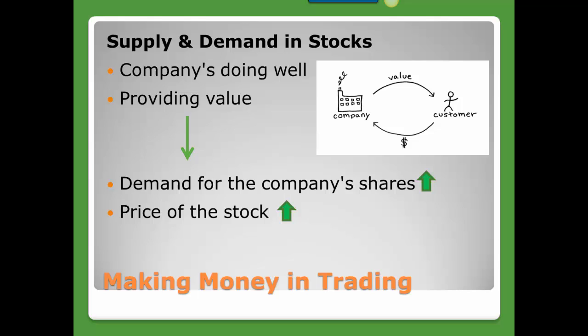So let's say you go to McDonald's and McDonald's is making a lot of profits and you own their shares. You would then get more profits as well. One, your share value will go up. So each particular share or stock that you have bought in the company, the value of that stock will go up. And also, let's say the company pays dividends, which means every year they pay you a certain percentage on stocks that you hold, that value will go up as well.